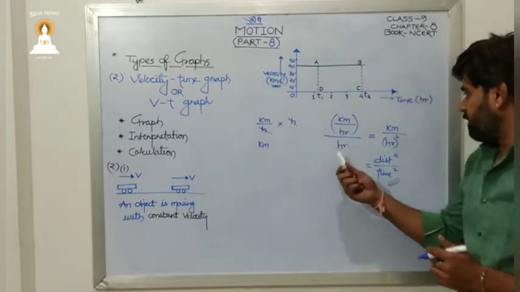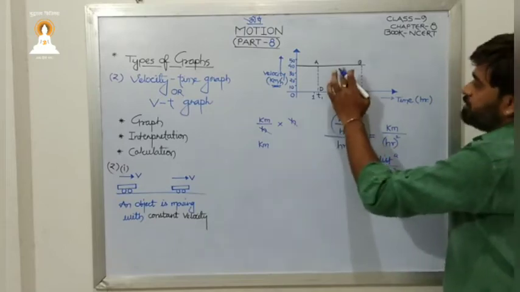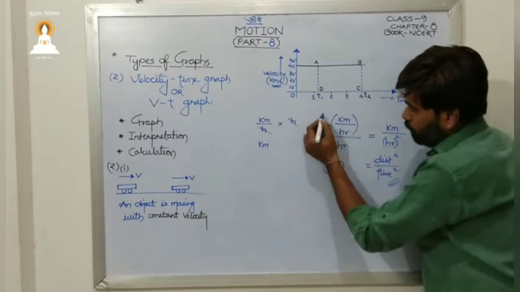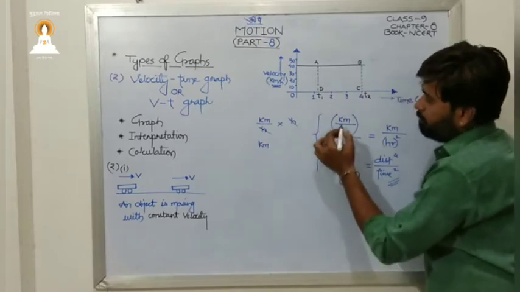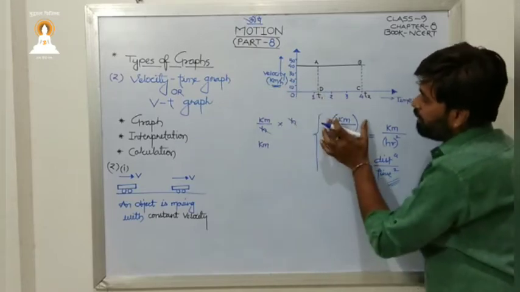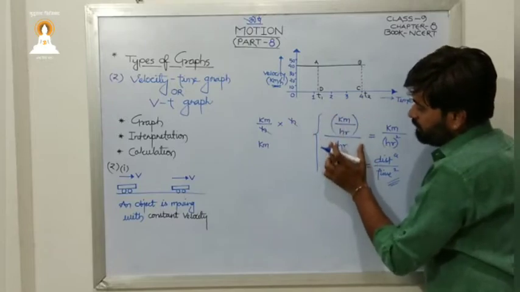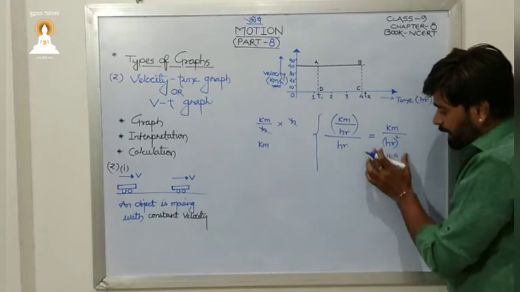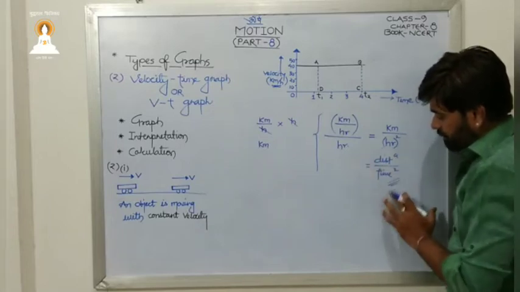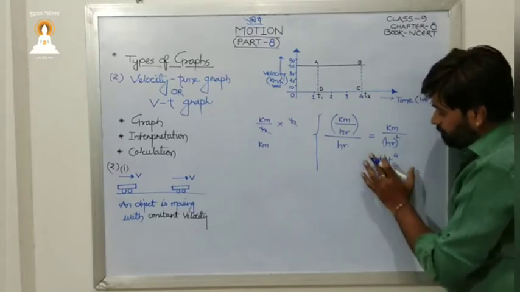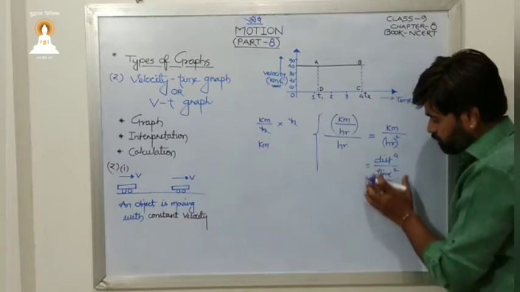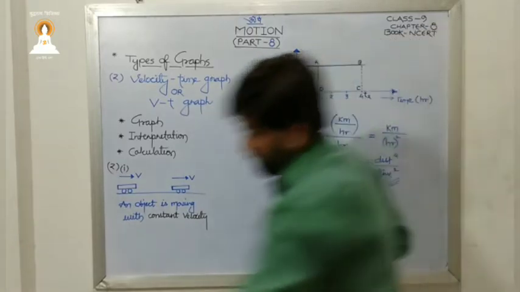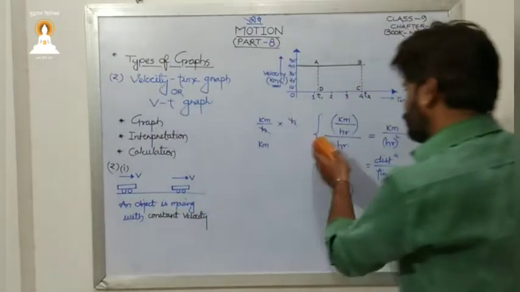So if we take the slope of this graph, this is nothing but the slope. I am following the slope of the graph concept, because this is the y-axis. So if I take change in y-axis upon change in x-axis, I am getting distance upon time square. We don't have such a physical quantity in which we get distance upon time square. So this concept fails. We can't do this.